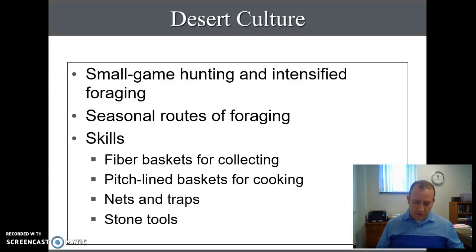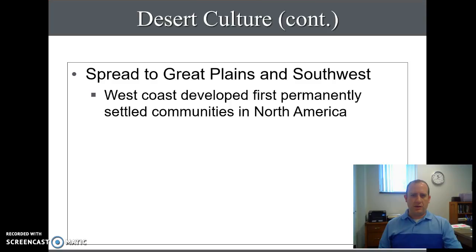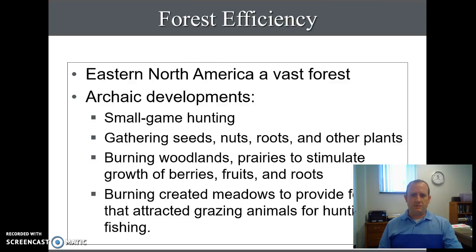Across North America, you also have different cultures that emerge. You have the desert culture, you can see on the screen the different things that they were known for, that they excelled in. This is where you begin to see the first permanently settled communities in North America, in the Great Plains and in the Southwest.